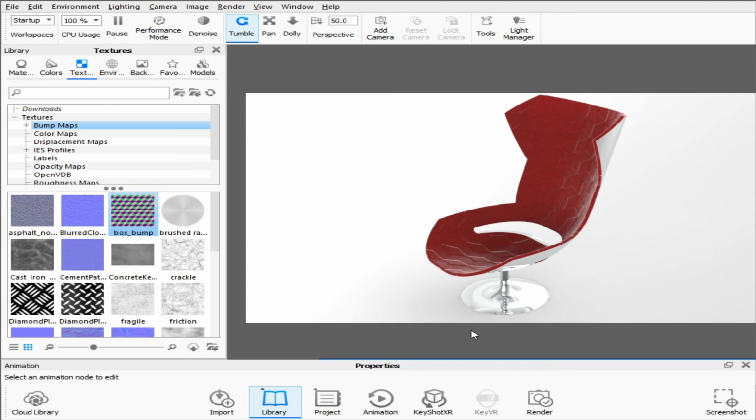It will come in the documents folder of KeyShot renderings. As you can see, this looks pretty much cool. Now it's done.